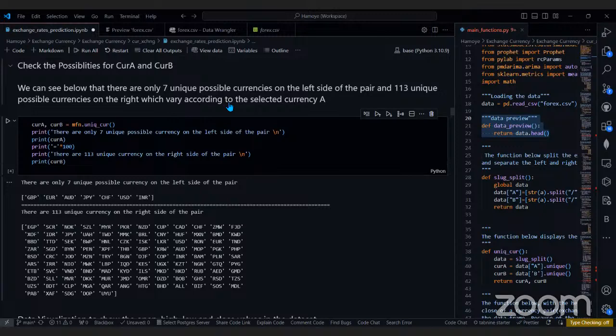So that's why it depends on the currency A that you select. Whenever you see currency A in this project, it means the left hand currency. Whenever you see currency B, it means the right hand currency.